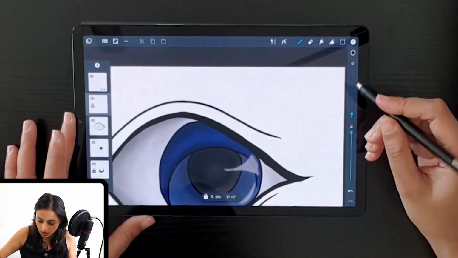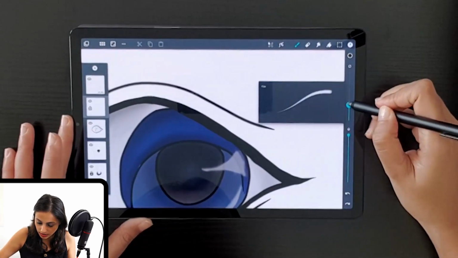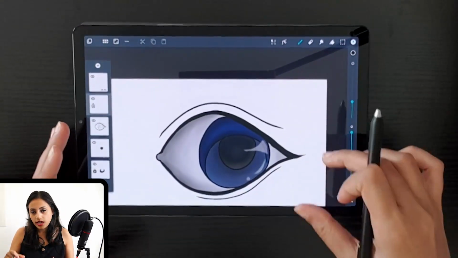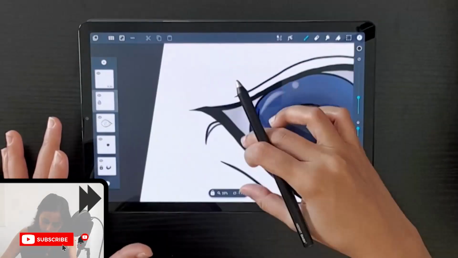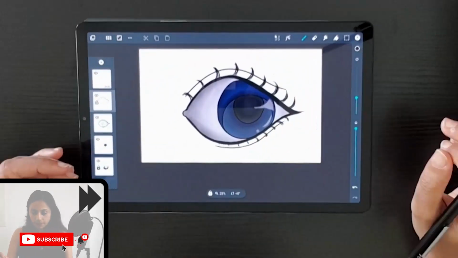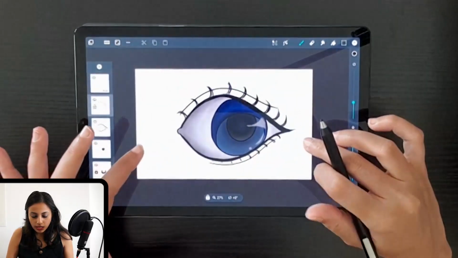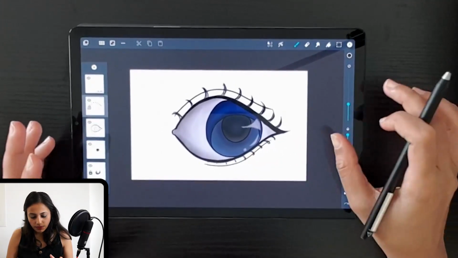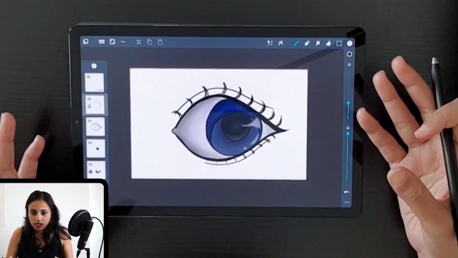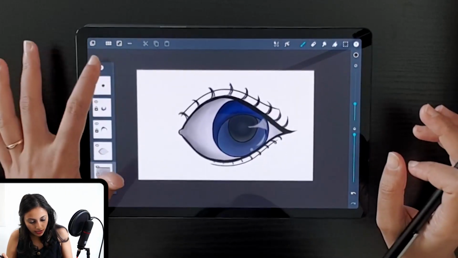So I'm going to increase the size of the brush about this much, and I'm going to draw the eyelashes. Right, so the drawing is done. So we can either give a small depth from the background so that it will be a part of another drawing without it just appearing in the canvas. So I'm going to use another layer for